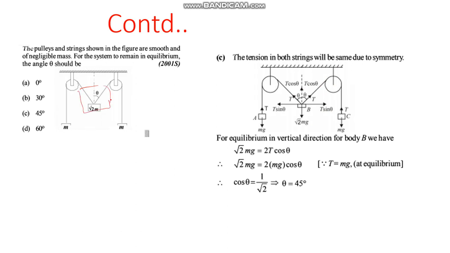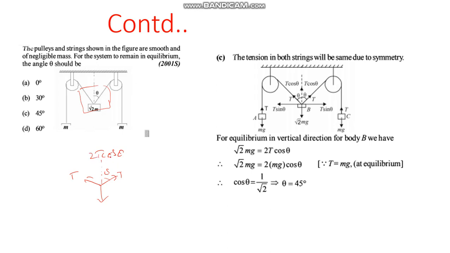If this is to be in equilibrium, there is a weight which is acting down. If you cut the cord, the tension is T here, and T here. This whole system is in equilibrium. If you take the vertical component, if this is theta, this will be T cos theta, right? Here also there is a T, so you get 2T cos theta.